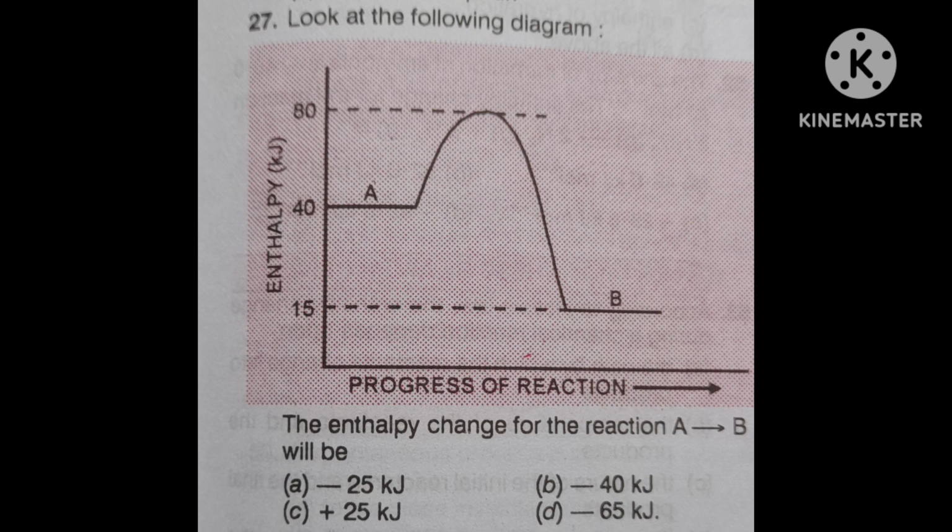Okay. In any exothermic reaction, energy stored in the reactants is greater than that stored in the product. In the product you have seen only 15, but in the reactant it was 40. Hence the difference, product minus reactant, 15 minus 40, that is minus 25. Or simply, product is less and reactant is more. How much? 25, because heat is going outside, that's why it will be minus 25.